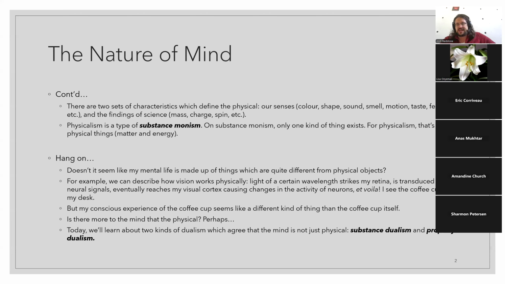Causes a bunch of activity to happen there. Different neurons start firing, and poof, I have a visual representation of my shirt, or my coffee cup, or the wall behind me. But here's the thing, my conscious experience, the redness of the shirt, my experience of redness here, is different than the eggshell color of the wall. The shirt is soft, but the wall is hard.